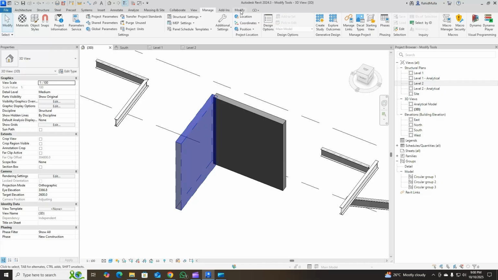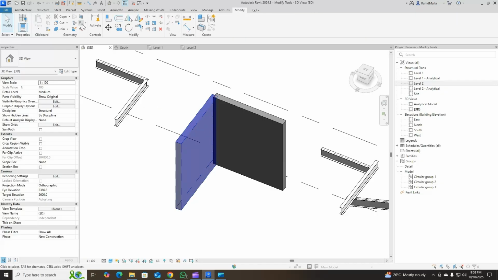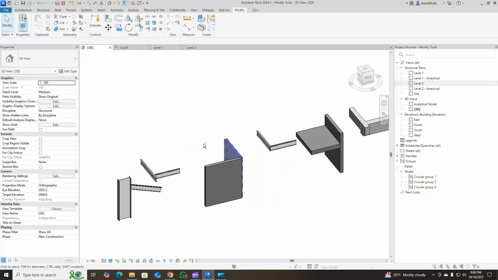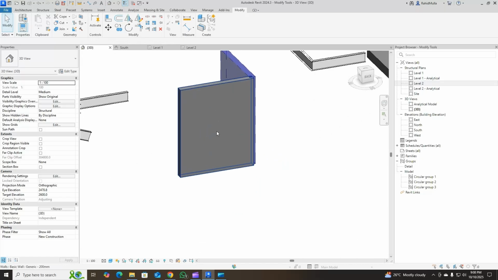Okay, after that, we will use this paint option. And to use this paint option, first I will use the split face. Consider that this is a complete wall, and in between this wall you want to have a different face. When I say different face, the entire material for this wall is brick, but somewhere you want to give concrete.